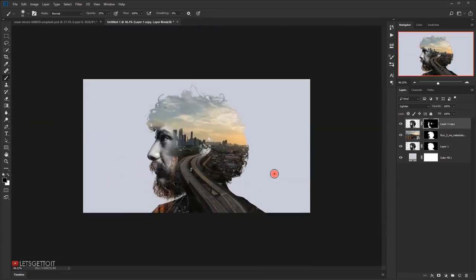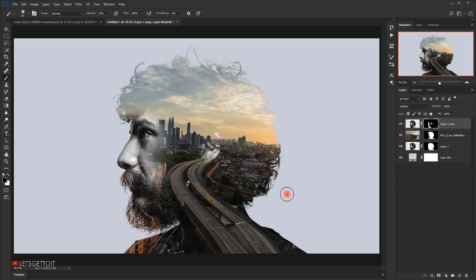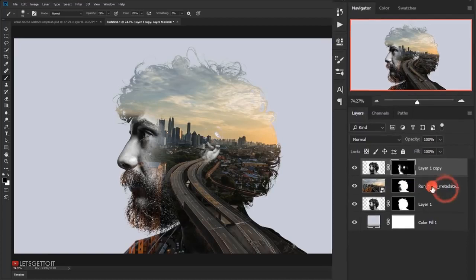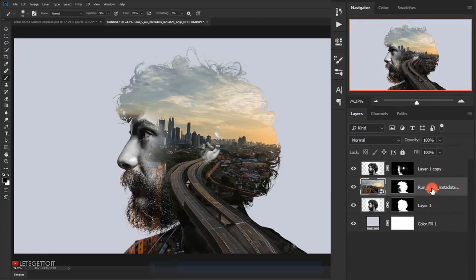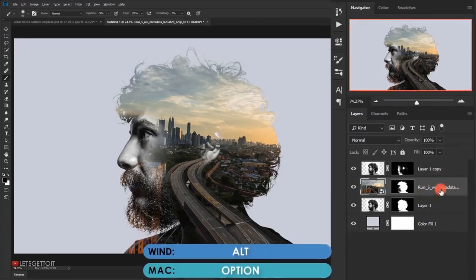Alright, so one last thing that I'm going to do is to add a little bit of adjustment, and also I want to add something in the background. So I'm gonna use the same video file that I have in here. I will add it in the background and I'm gonna blur it and make it black and white. So I'm gonna make a copy of the video file by pressing Alt or Option again, and then I'm gonna